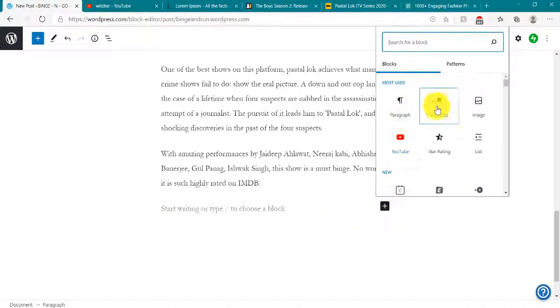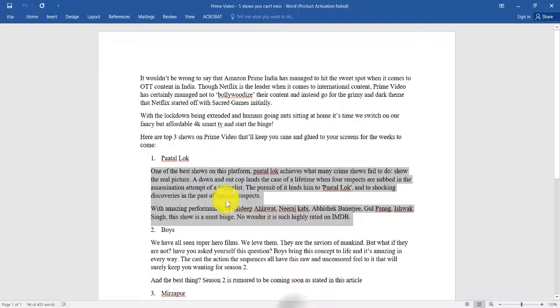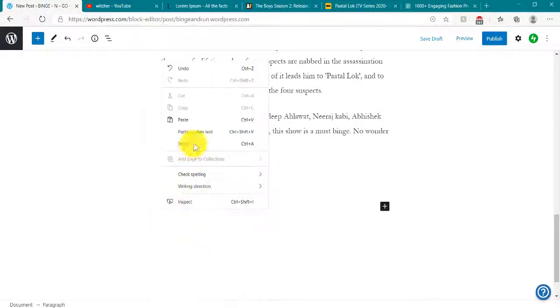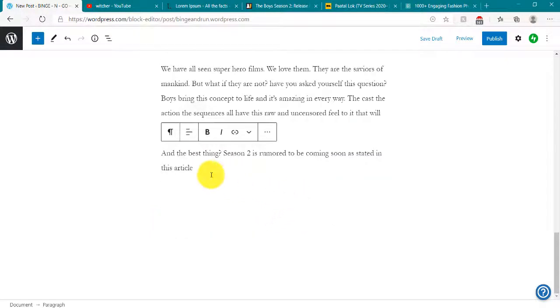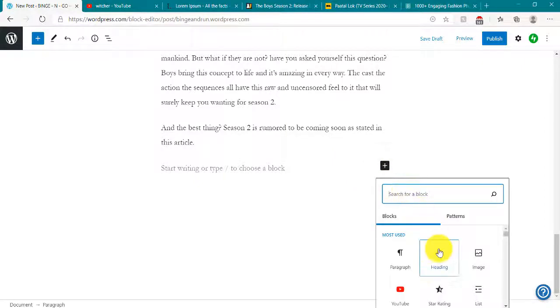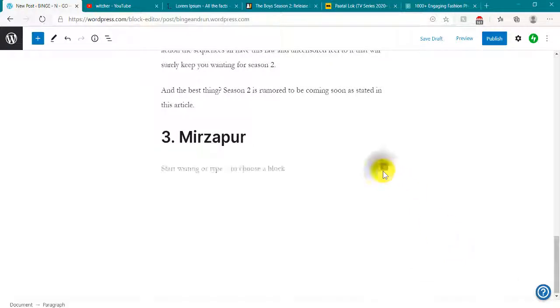So let me add another subheading here, the boys. Enter, copy and paste the content here. Again enter, create a subheading, enter, create a new paragraph block.